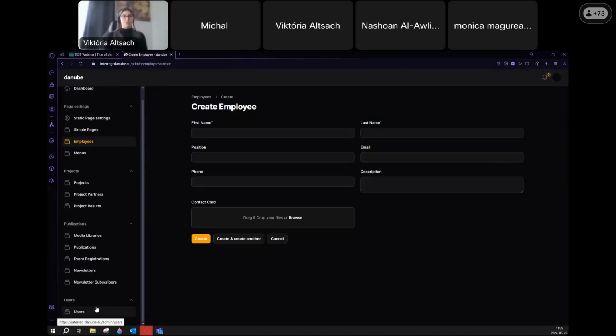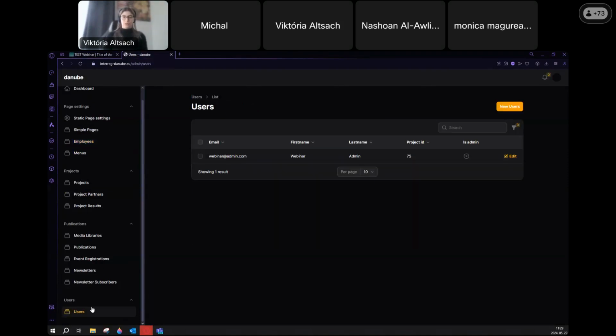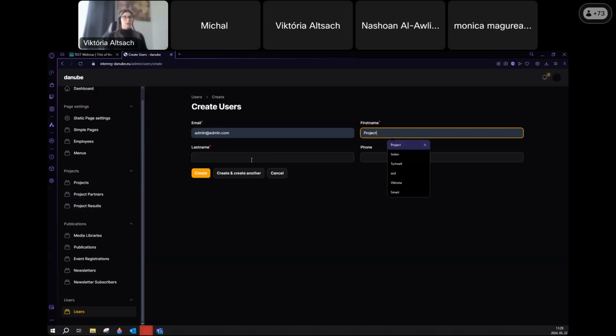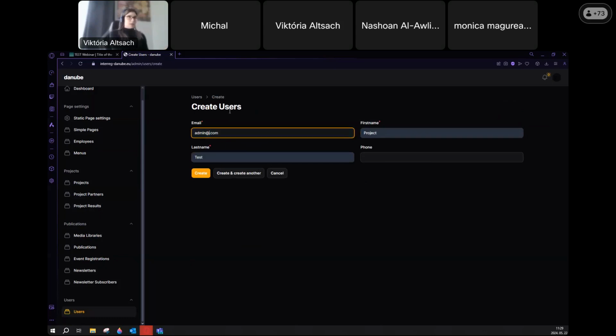Okay, and for users, originally we will send out the user credentials for all lead partners automatically based on GEMS. But you are able to add new users to your project manually as well. If you add a new user, you need to add their email address first and their name. I will just add another different email address. You create the user and then